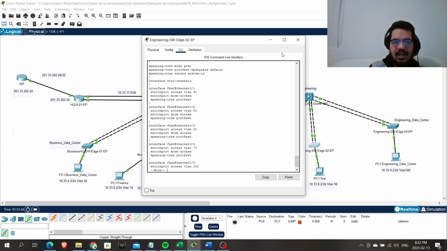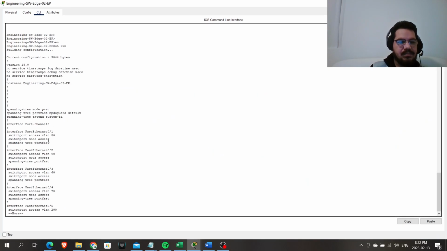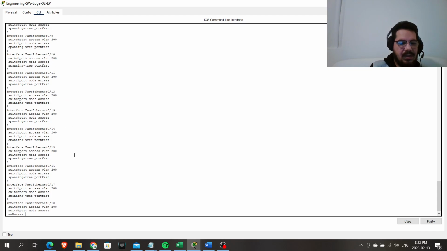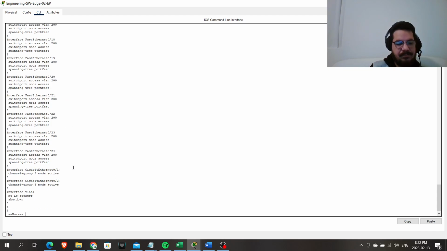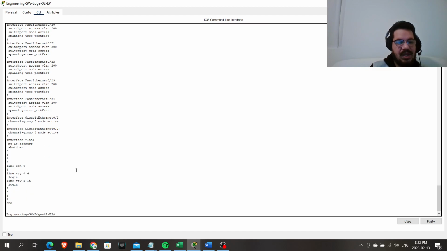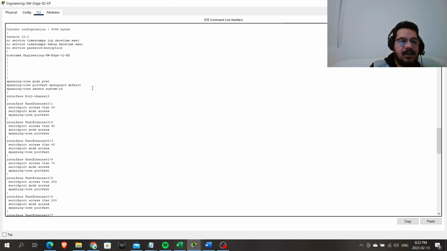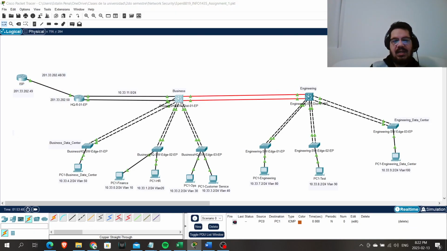We can see that here, and as well I configure a spanning tree BPDU guard, so the switch can avoid any layer 2 loops. So what else? Let's see